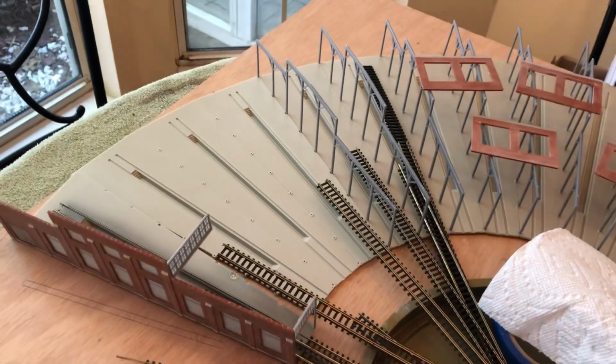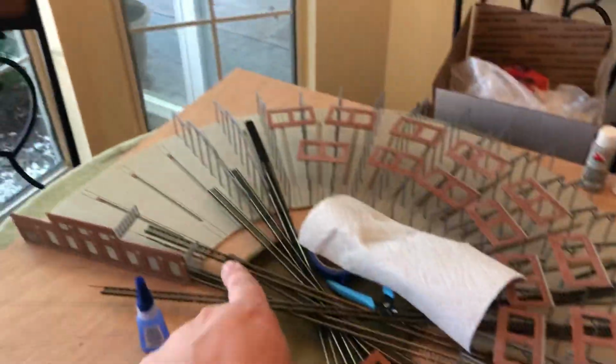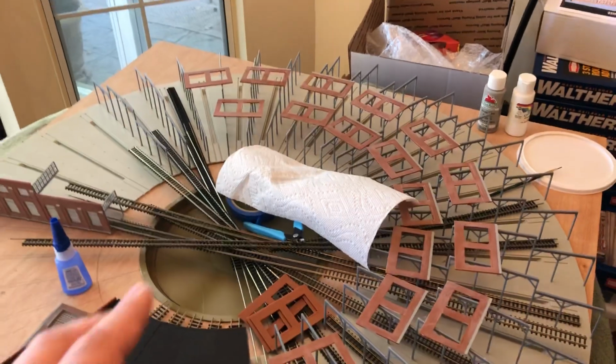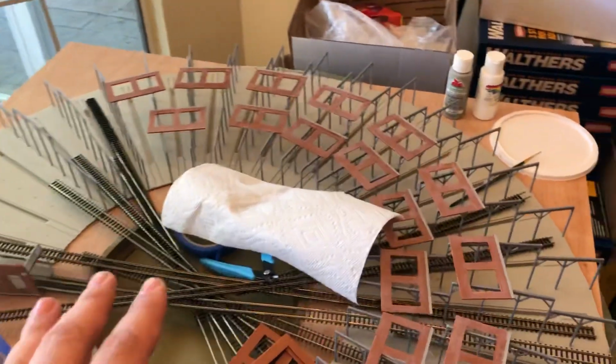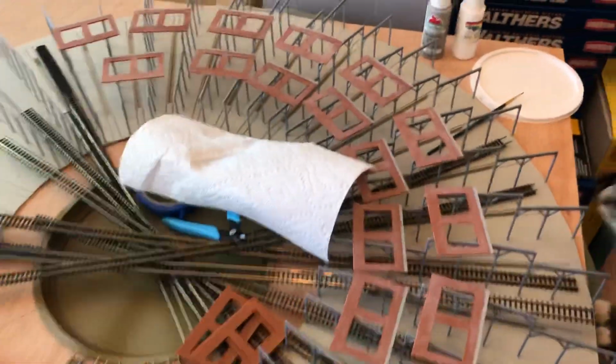Then the next step was I glued all of the base together. So from this point all the way over to that point are all connected. Then once all of those were in place and the router pits worked, what I did was, hold on, Chessie,